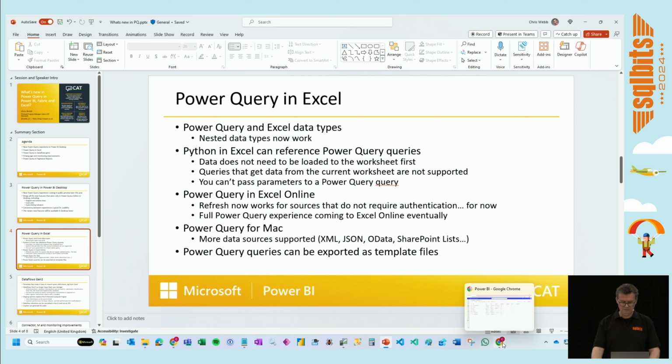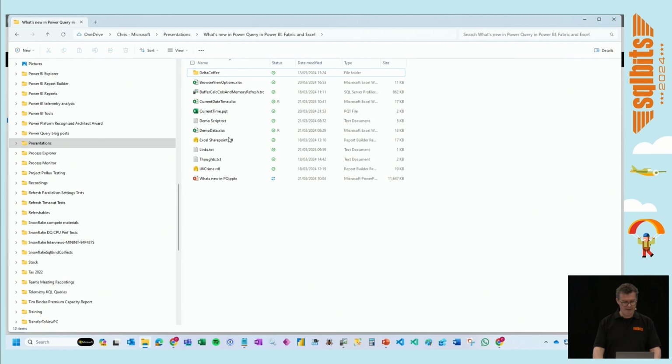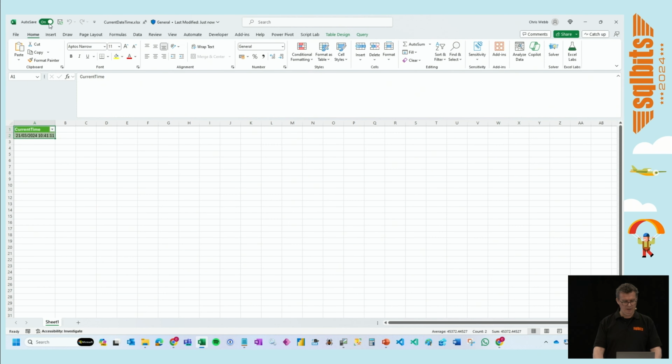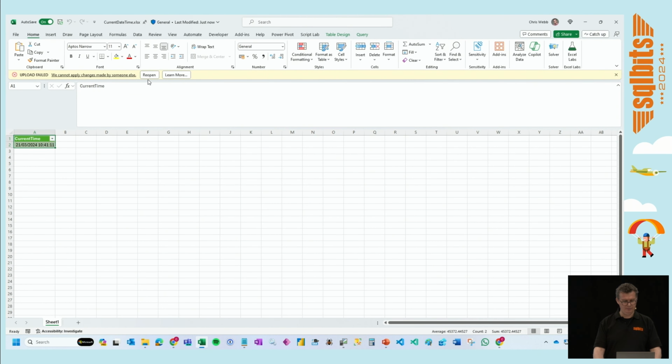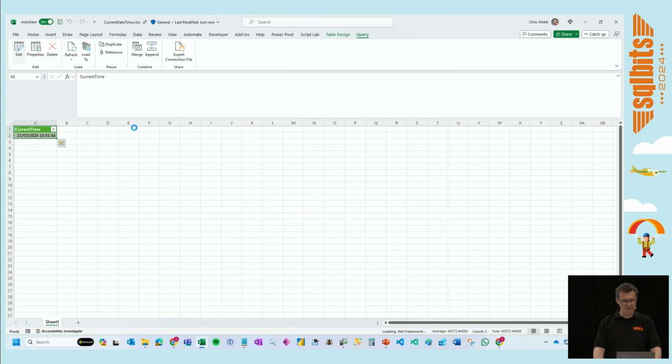One other thing, I'm not a Mac person, but Power Query for the Mac is a thing. It's getting more and more sources. And there is also one other kind of hidden feature in Power Query in Excel. Let's close this and let's reopen current date time. If we open up this query